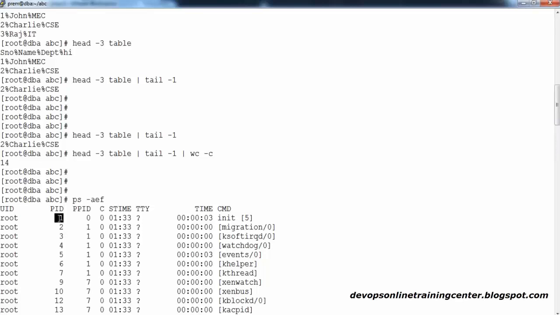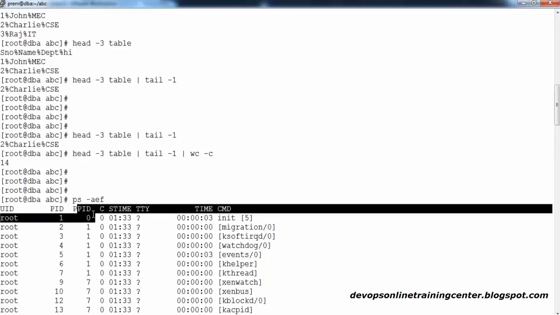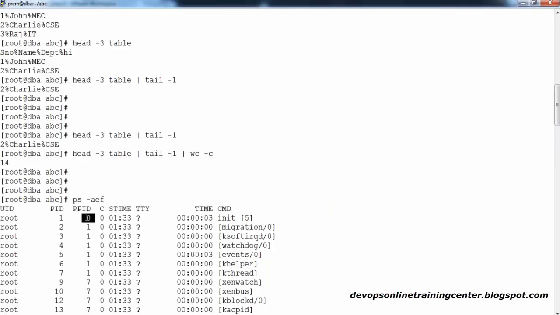And every process will actually have a parent, because every process is forked from some other process. When it is forked from some other process, that is called the parent. So PPID is nothing but the parent process ID. When you boot, it's 0, nothing is running, that's the parent for your boot process, which is init.